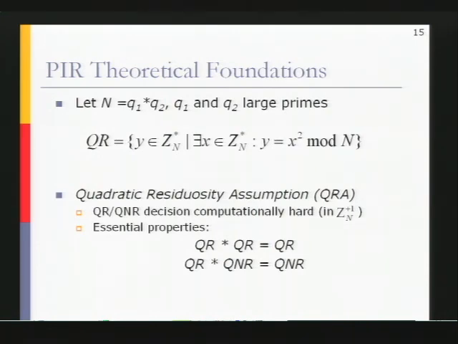QR is the set of quadratic residues. It consists of those numbers y which are prime to n, and for which there exists x such that y equals x squared in modular arithmetic. And based on this definition, we can define the